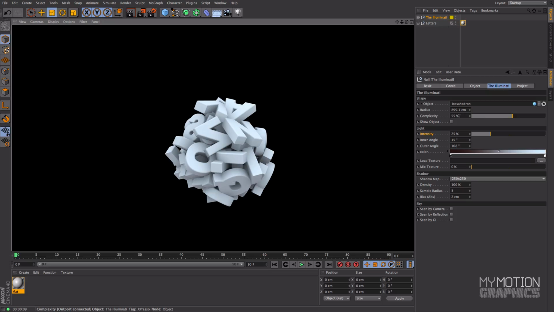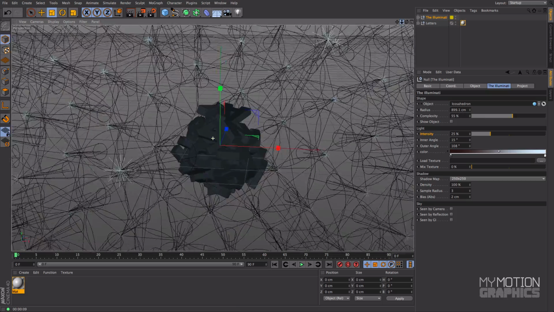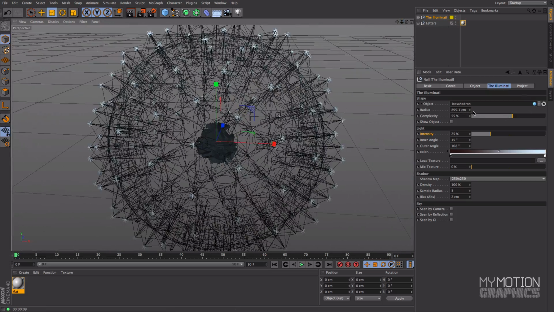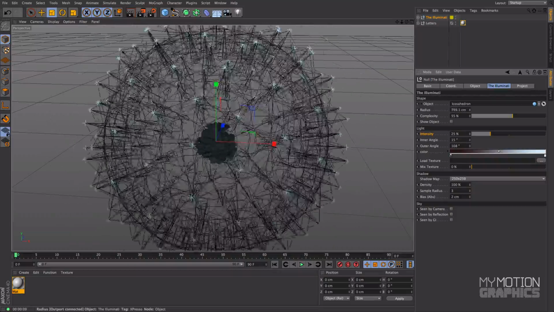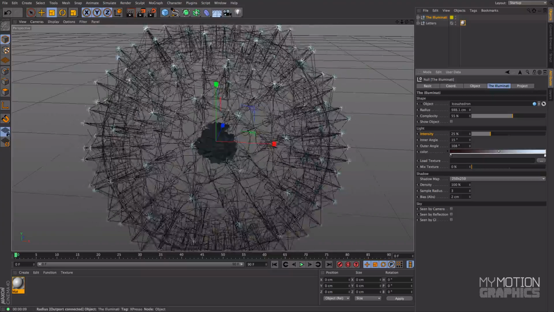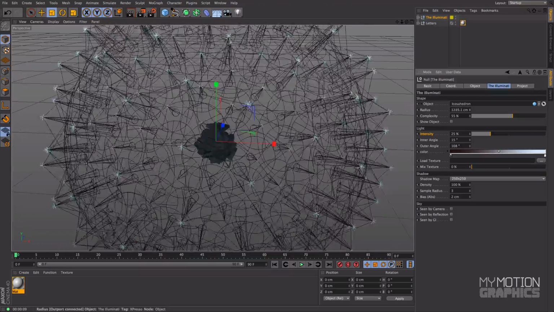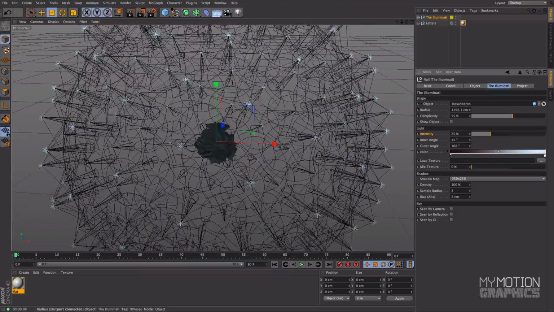Okay, so this is the complexity, and the radius is kind of obvious. If I increase and decrease, you can see that depending on the size of your object that you want to render or your scene, you might want to adjust this. Okay, so next